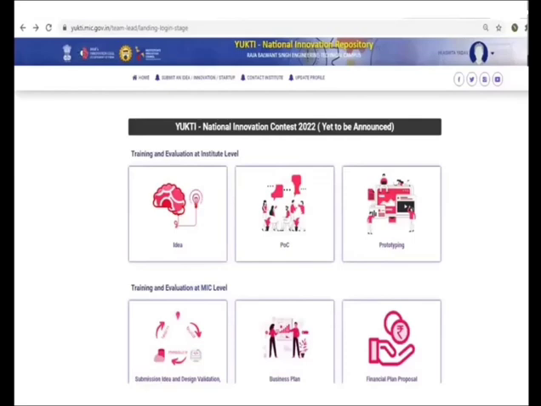Here you have different options like idea, POC, prototyping, submission ideas and design validation, business plan and financial plan proposal. So at the institute level, we have to select any one of idea, POC and prototyping. So here I am giving an example with the idea. I have selected this idea, and when you click on the idea,